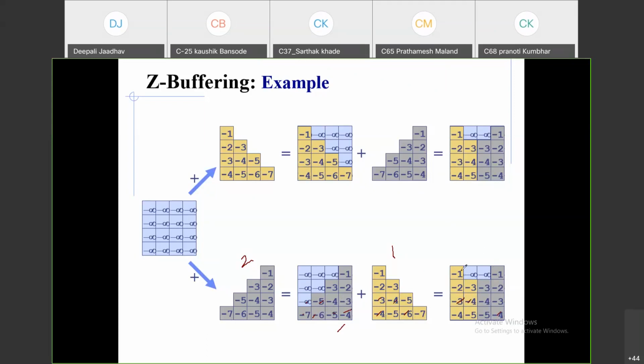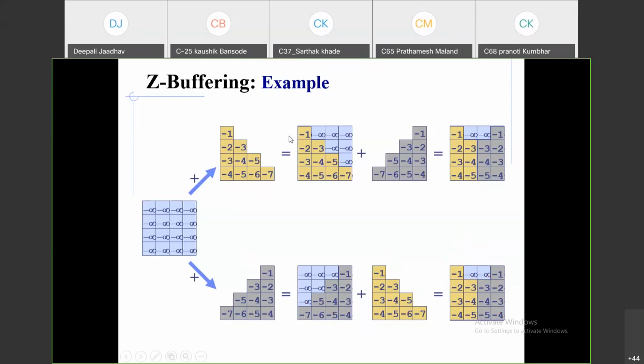So again at the end you can see these two pixels remain as the background color, and the remaining pixels are the Z values of surface number 1 and surface number 2, and in the frame buffer the actual color of that pixel is stored. Yellow color at that position is stored, and here the gray color for that pixel is stored, and the remaining two pixels have the background color. So that is the result of the frame buffer, and this is the result of the Z buffer.